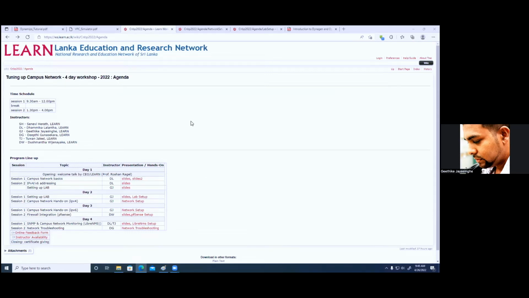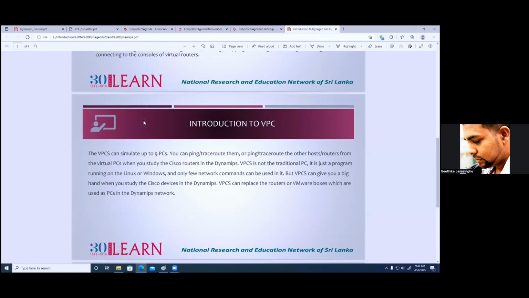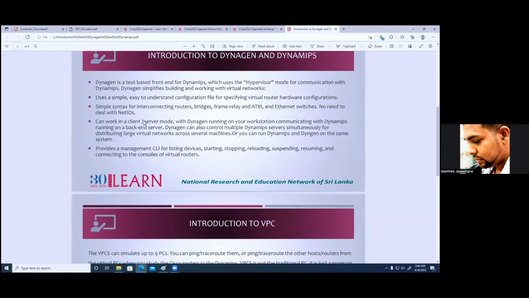Okay then, we will continue, because if you are okay with the network diagram, I'm recommending you to go through the network diagram again and again and check the connections and how the setup has been done. Okay, so if I proceed through my presentation, yesterday I also explained the software that we are